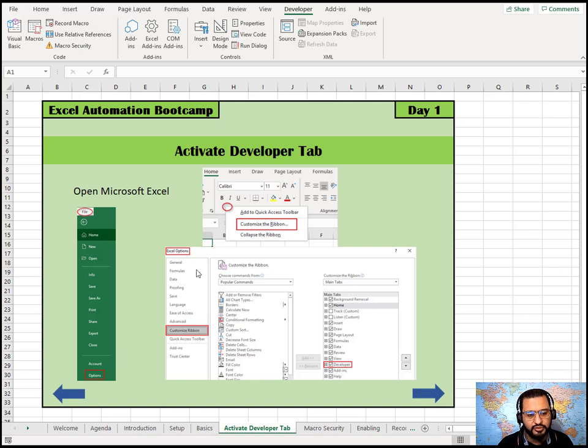Here you should go to customize ribbon, and here you'll find the developer tab, and if it is unchecked by default, then you can check mark it. Once you do that, you will see the developer tab on your top window. The other way is to right click on the empty area here and click on customize ribbon. You will get the same window, and here please check mark and enable the developer tab. So that's the first step. Let's move on to the second step.